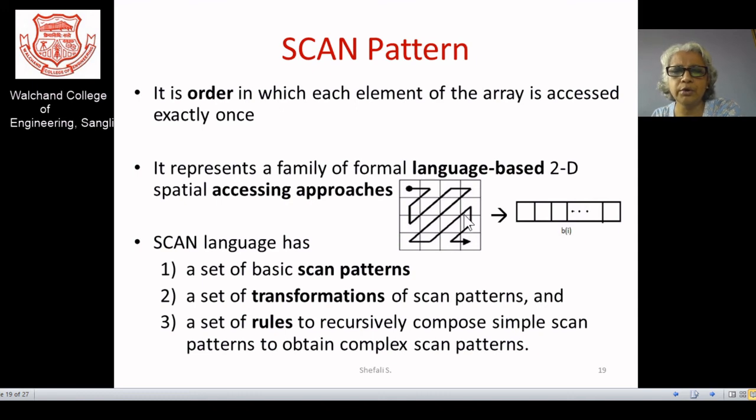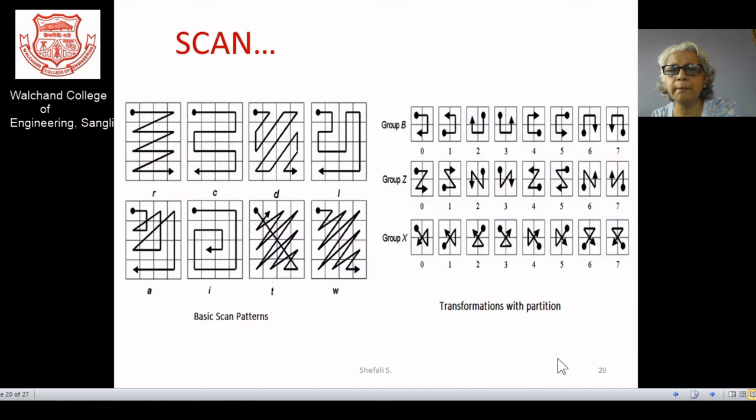How? I'll show you. Suppose we have some basic scan patterns, and you may have certain transformations over the scan patterns. So what exactly is this transformation? That means you may have certain permutations, or you can use some affine transformations over this particular scan. So what is the affine transformation? We may have a different look over this one, and you may set a rule, and those rules can be utilized in a recursive manner, and you can utilize those for the implementation.